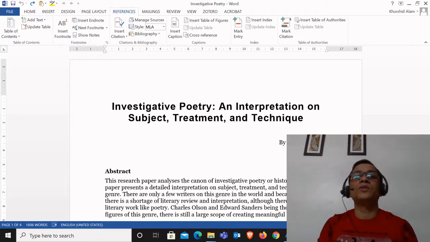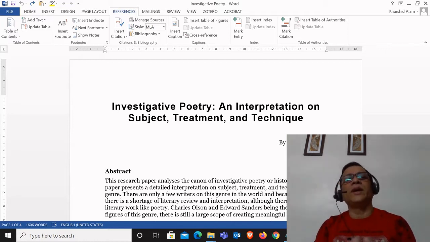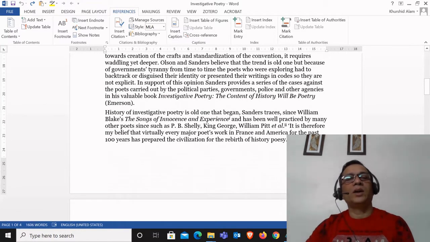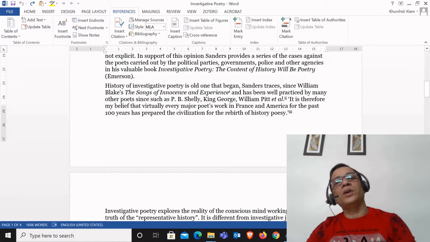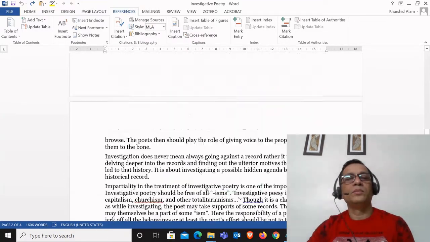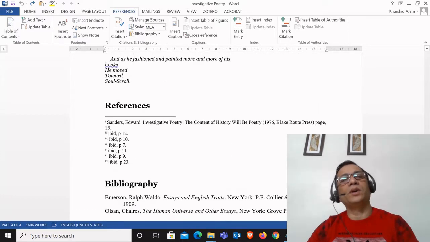Technically, footnotes and endnotes are the same. They are used to provide additional information to the topic. However, a footnote is placed at the footer of the page, while the endnote is placed at the end of the paper.